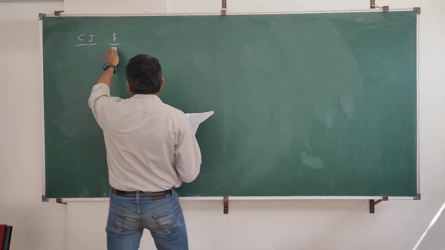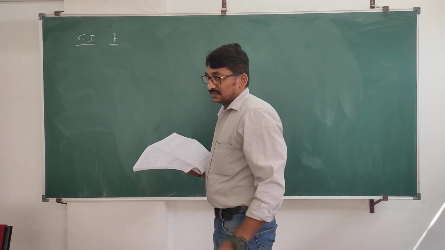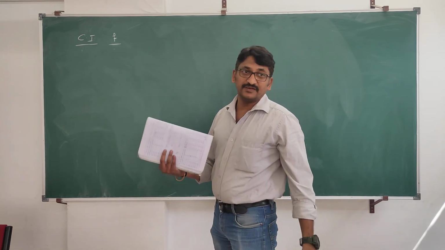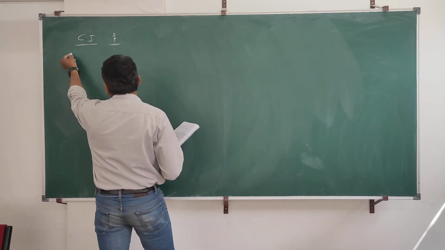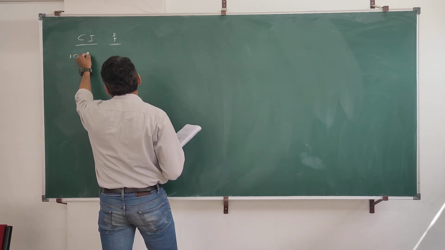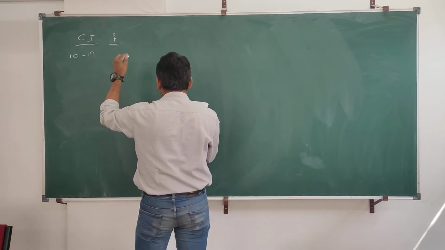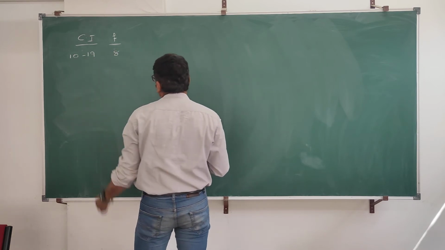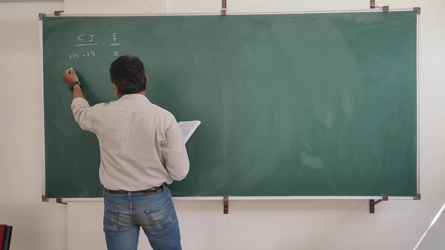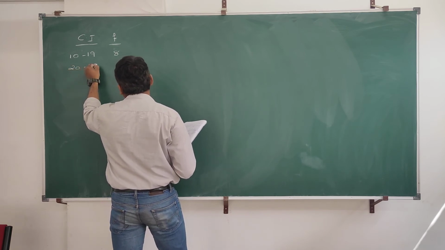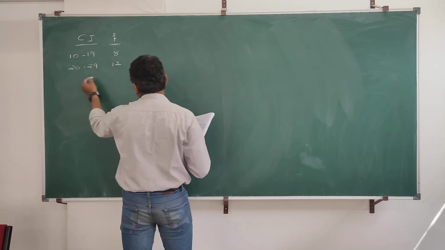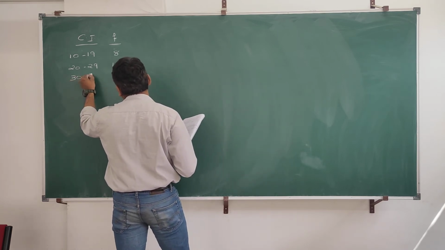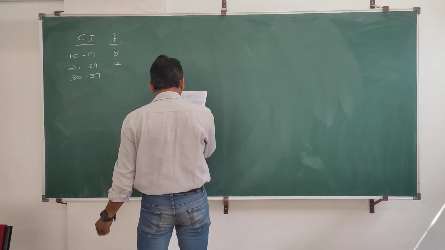Make two columns, class intervals and frequencies. Class interval 10 to 19, frequency 8. 20 to 29, 12. 30 to 39,